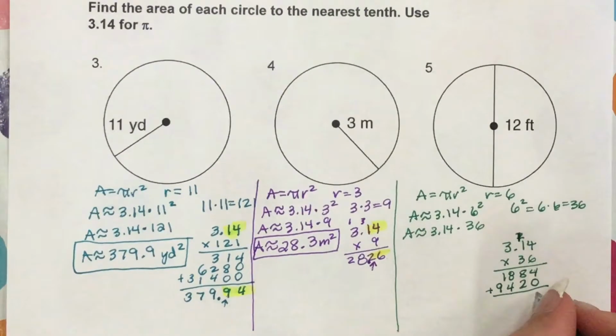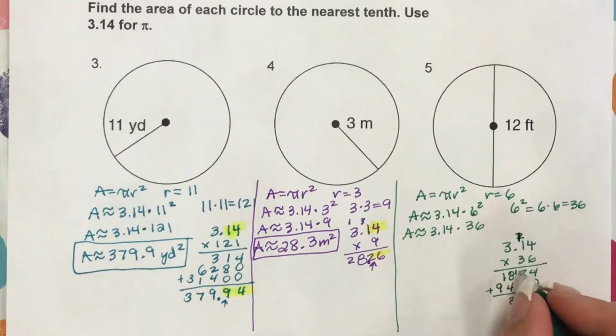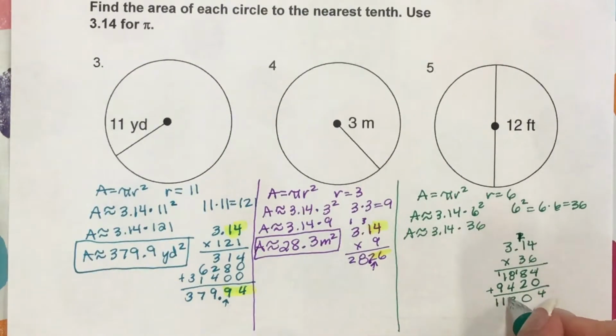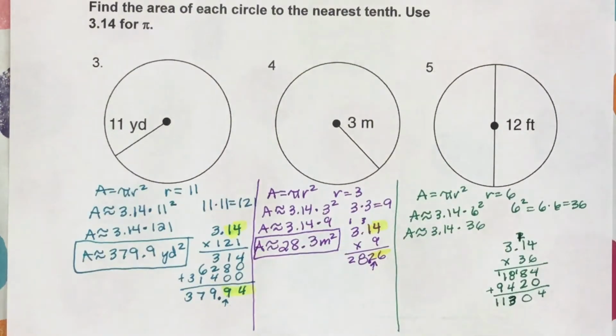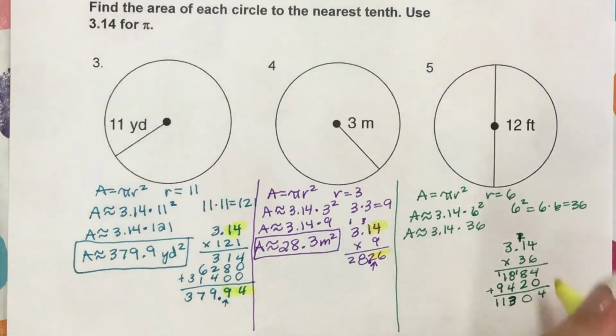So 4 plus 0 is 4. 8 plus 2 is 10. Write the 0, carry the 1. 4 plus 8 is 12, plus 1 is 13, so write the 3, carry the 1. And 9 plus 1 is 10, plus 1 is 11. And that's a 3. Okay, so we just need to count the decimal places in the problem, and there's 2,